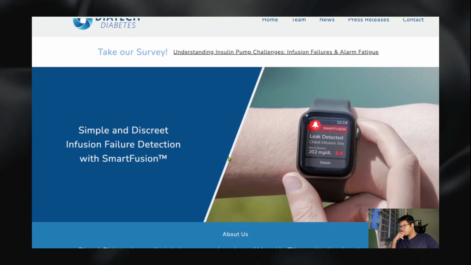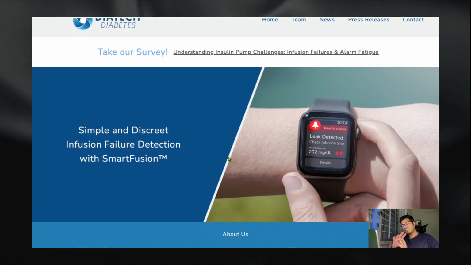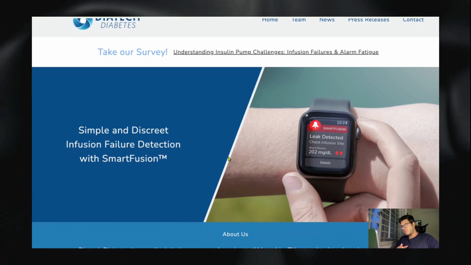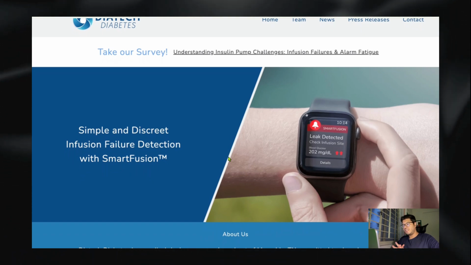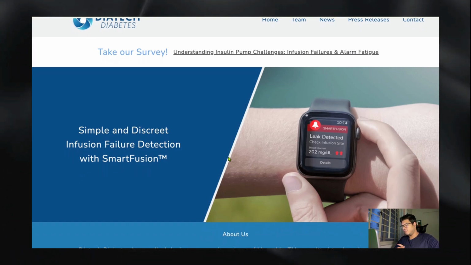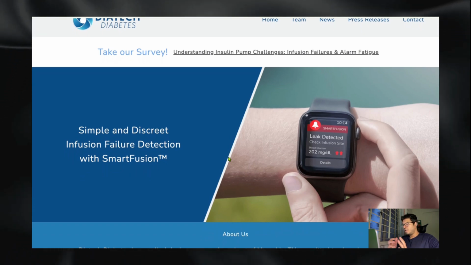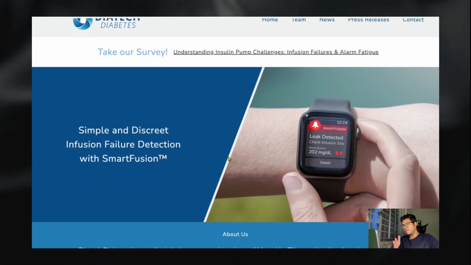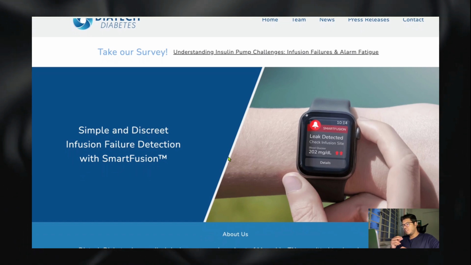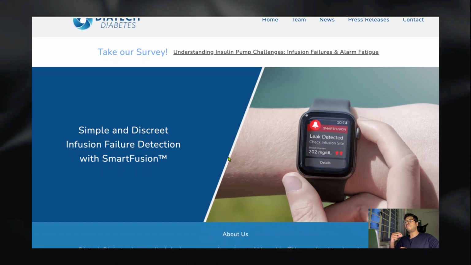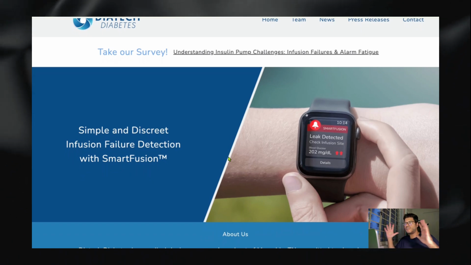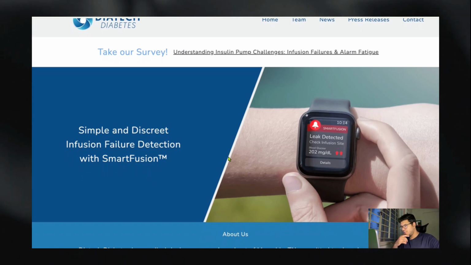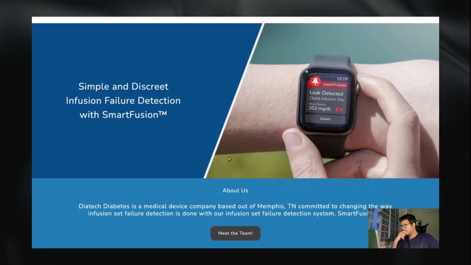It's a wild thought, okay, but for the current headline, "Simple and discrete infusion failure detection with SmartFusion," we can replace it with "Revolutionize your insulin pump experience with SmartFusion, simple discrete infusion failure detection." The idea is for people who are getting on your website to understand what you guys do under 3 seconds. So based on that,